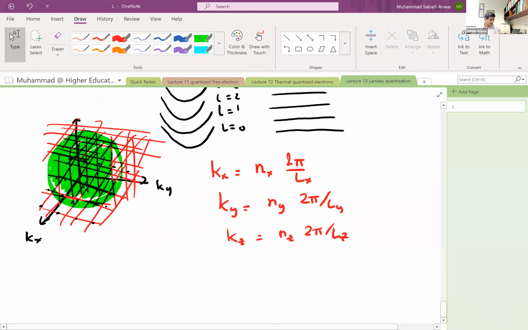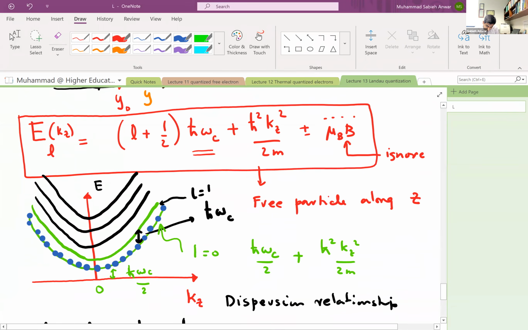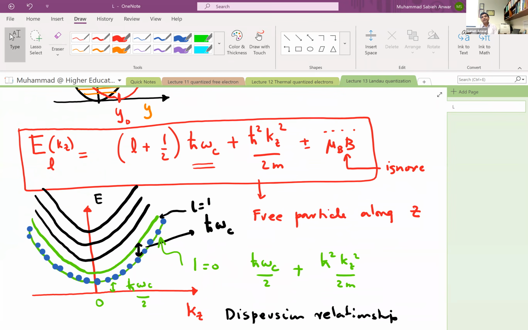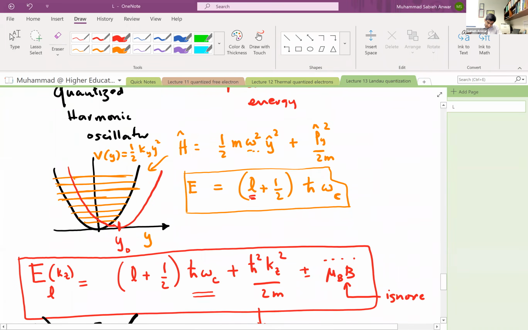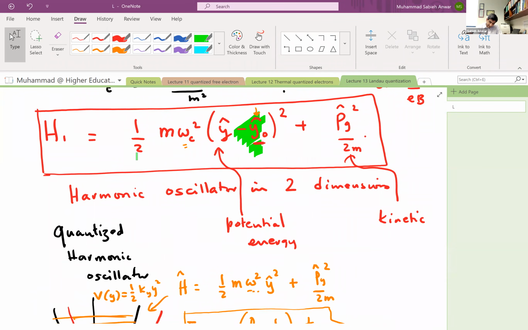And what is that? Now, if I were to plot, now this is, I need to draw a really nice diagram to show this, how the K structure changes. This energy here has a kz squared term. It does not have a ky squared term. It does not have a kx squared term. So what's going to happen is the following. First of all, if I were to look at this term here,